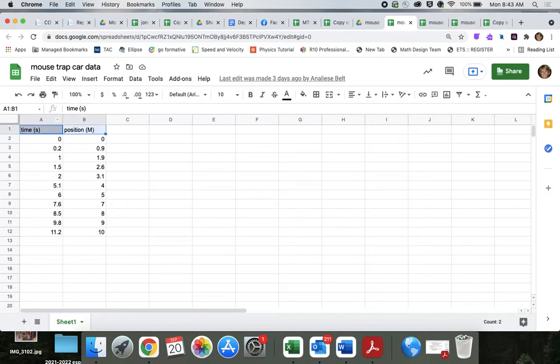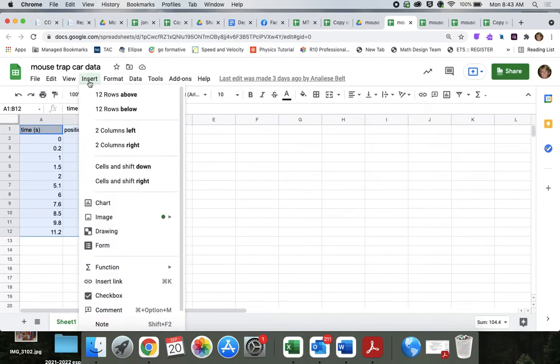So you're going to shift, highlight, and you're going to go up here. This again is in Google Sheets, and this Google Sheet needs to be in your Google folder, shared with everybody in your group. Then you can also share it with me, which is super nice because I can make suggestions or comments on it, especially if you have questions. Email me. But anyway, here you've highlighted your data, you hit insert, and you want to go to chart. So you scroll down to chart,